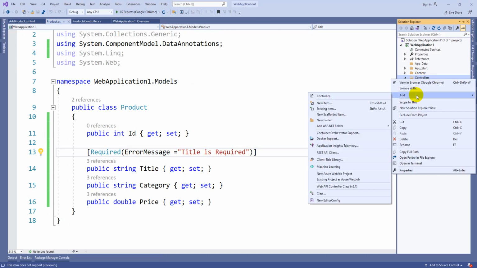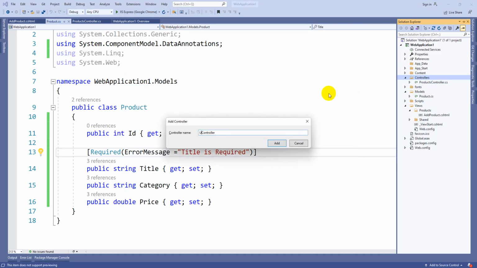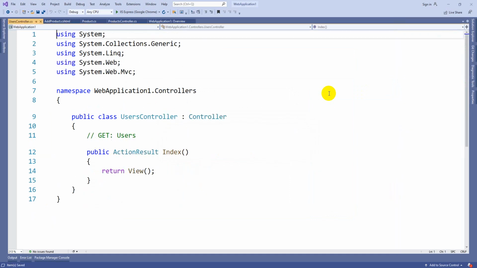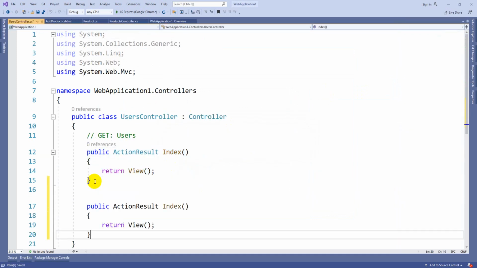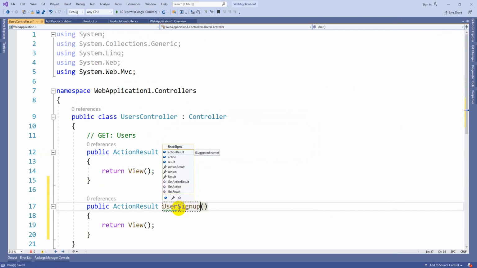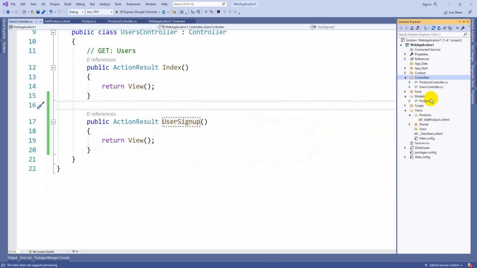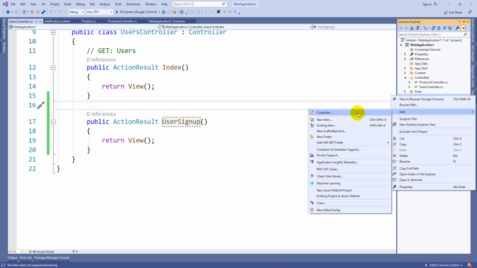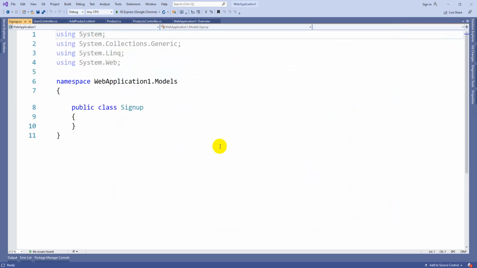Here I am going to add a controller, MVC5 empty controller, users controller. Here I am going to take a method, user signup. Let me create a model for this. Add a class, signup,